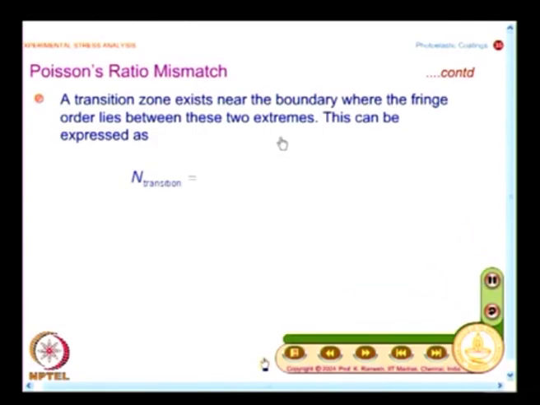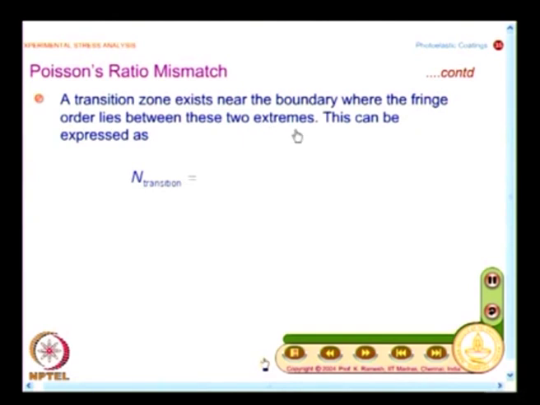So, what we have looked at earlier was you had fringe orders different at the boundary and the interior. When you have a difference, there has to be a transition zone. So, people have identified a transition zone exists near the boundary where the fringe order lies between the two extremes, which we saw